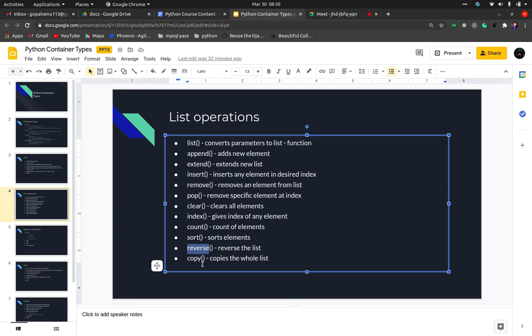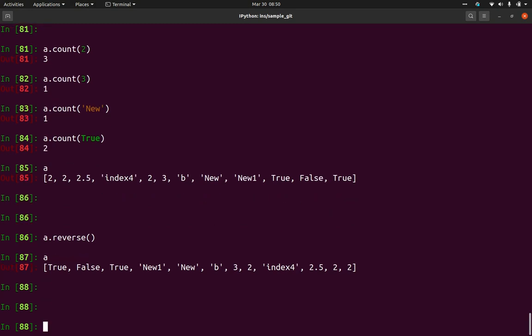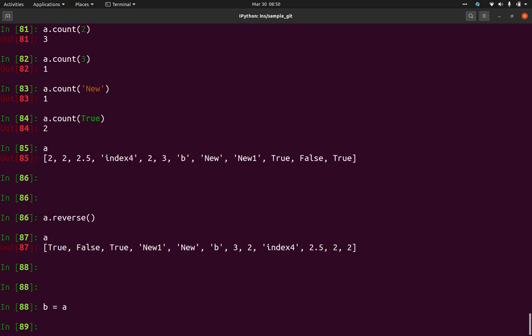Now we have copy, clear and sort. Let's discuss copy first. Let's say I want to copy these elements. Let me take B equal to A. This is also copying, right?